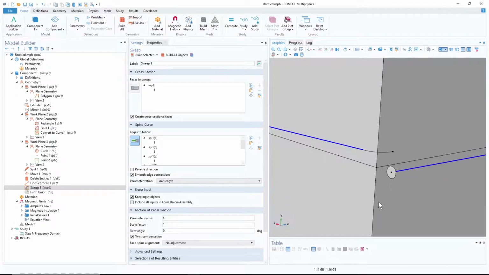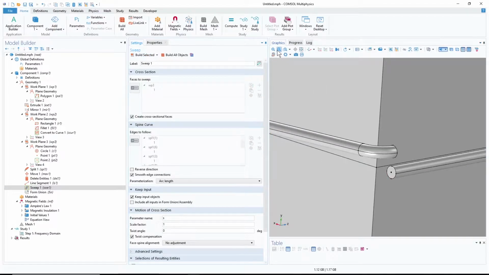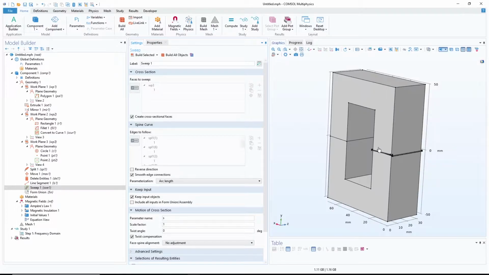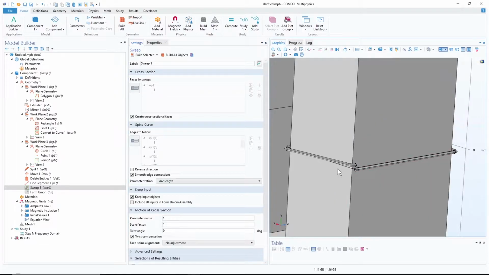I'm just left clicking and selecting this. All right, so we just build it. So basically, we had this surface, we sweep it around that path, and now we have created already one turn. Now what I'm going to do is to